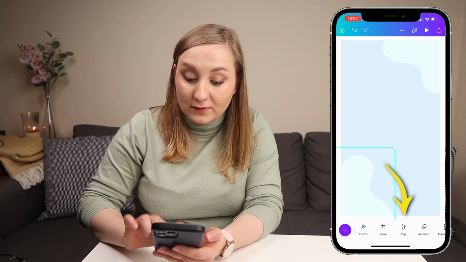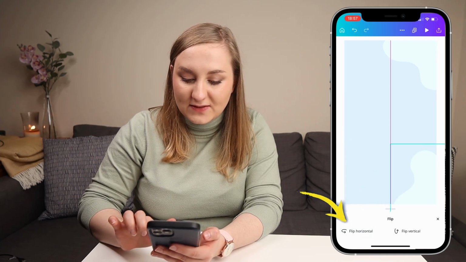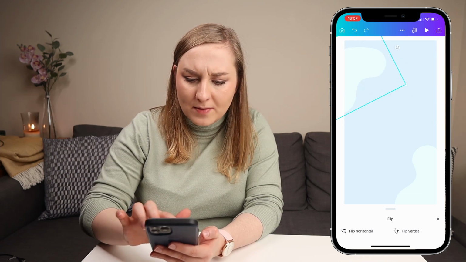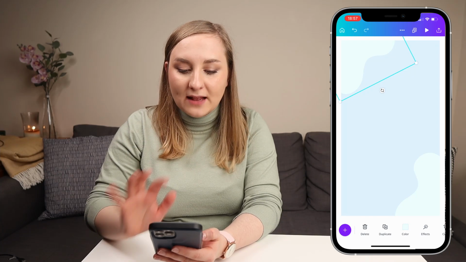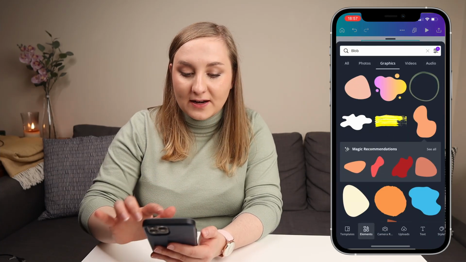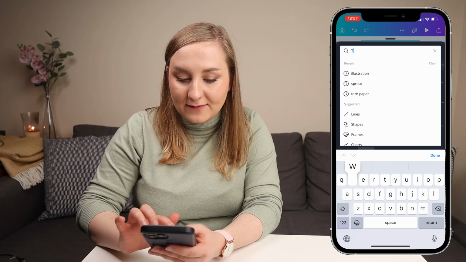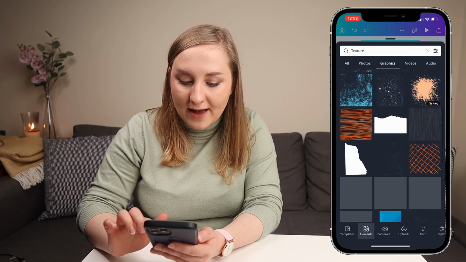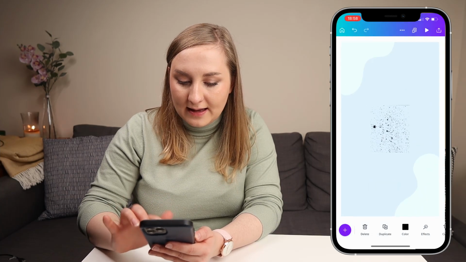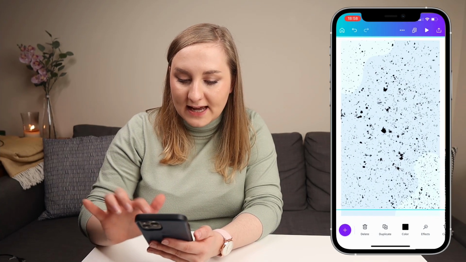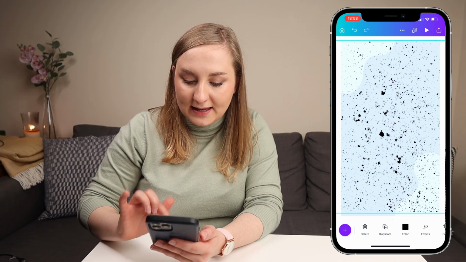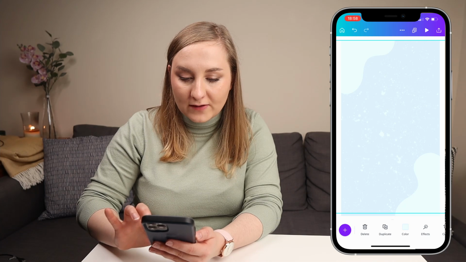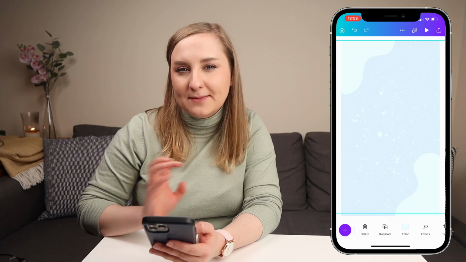Maybe I want to again flip it just to make sure that I have the kind of similar elements added. Flip horizontally, maybe flip vertically a little bit, and just add it like this. Yeah, that looks very similar, and I can start adding different elements from here as well. So you can have texture, let's say. I'll add texture in the graphics. I could maybe add that bit of a texture behind and make it that kind of light blue, just like that. See, it created a bit more of a unique texture to it. It just makes things a bit more interesting.